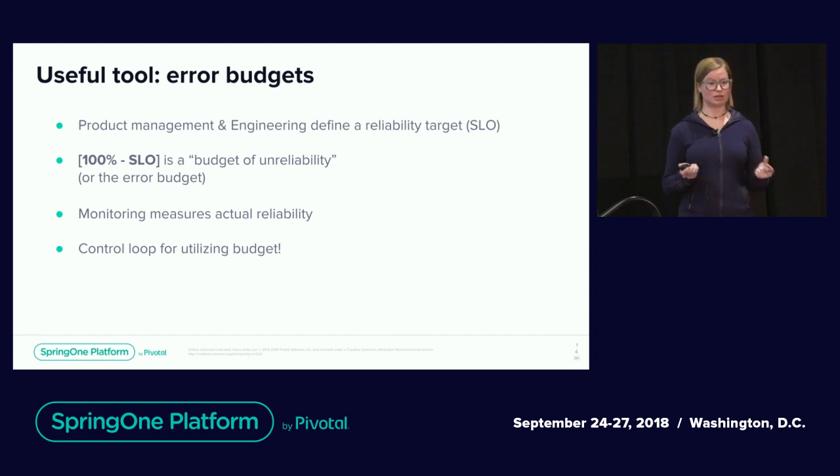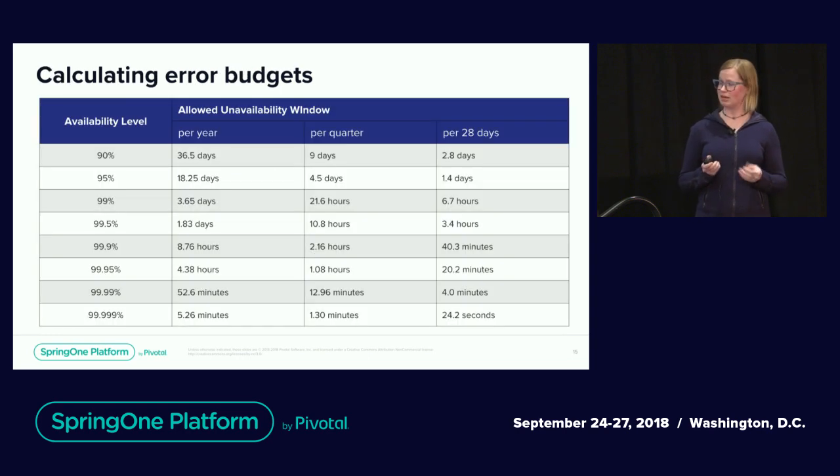So there's a tool called error budgets, which is the amount of wiggle room you have before you're below your SLO. That's 100% minus whatever SLO you choose. And error budgets help make the idea of SLOs really concrete for me. So if we're looking at this table, which is, I know, hard to read, so sorry about that, the difference between my 90% SLO that I've chosen and a two nines SLO or a three nines SLO is so clear when I'm talking about the amount of time I'm allowed to be down rather than the amount of time I'm expected to be up. One note, I probably won't have my cat photo site down for 36 days,